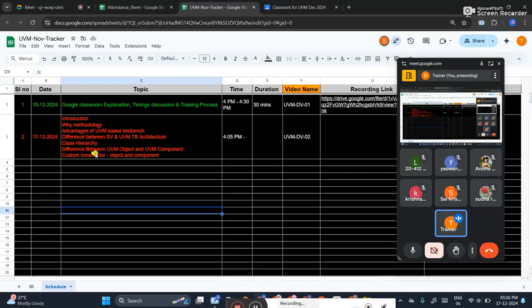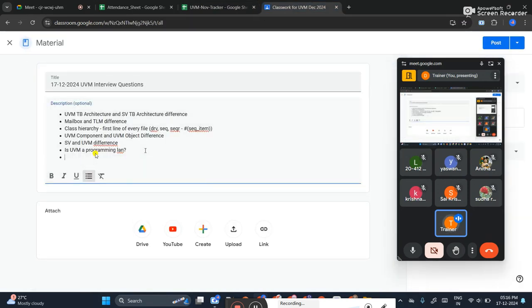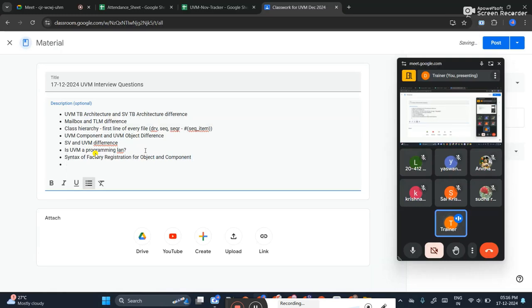Okay, still what else we have discussed? You should remember the syntax of factory registration for object and component. Okay, and the custom constructor.